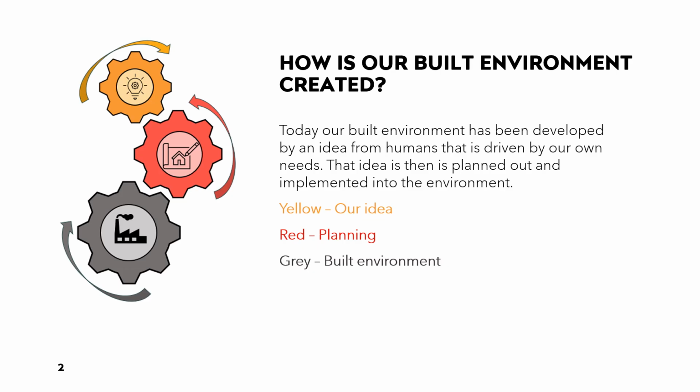The yellow gear with the light bulb represents an idea. The red gear with an image of the house being drawn represents developing a plan. And the gray gear with the depiction of the factory burning fossil fuels represents the built environment. The direction that our final built environment gear is turning is dependent on the planning gear, which is then dependent on the idea gear. But what happens when we add sustainability into our gears, and how does this change affect